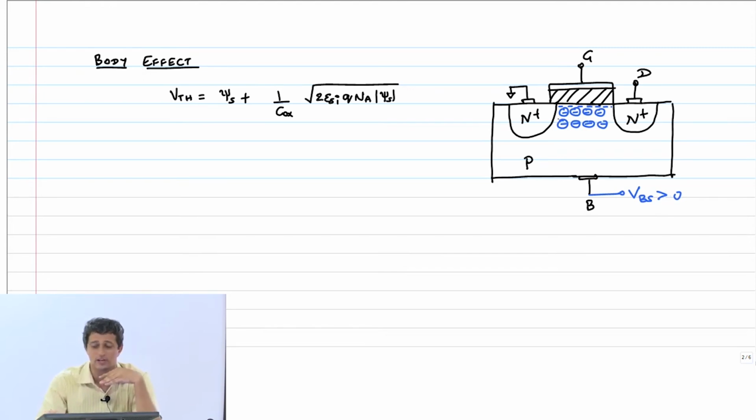There is a depletion region, which is basically like there are no free electrons, you just have an electric field from positive to negative charges, right? So if I apply a body potential VBS greater than 0, then this capacitor here